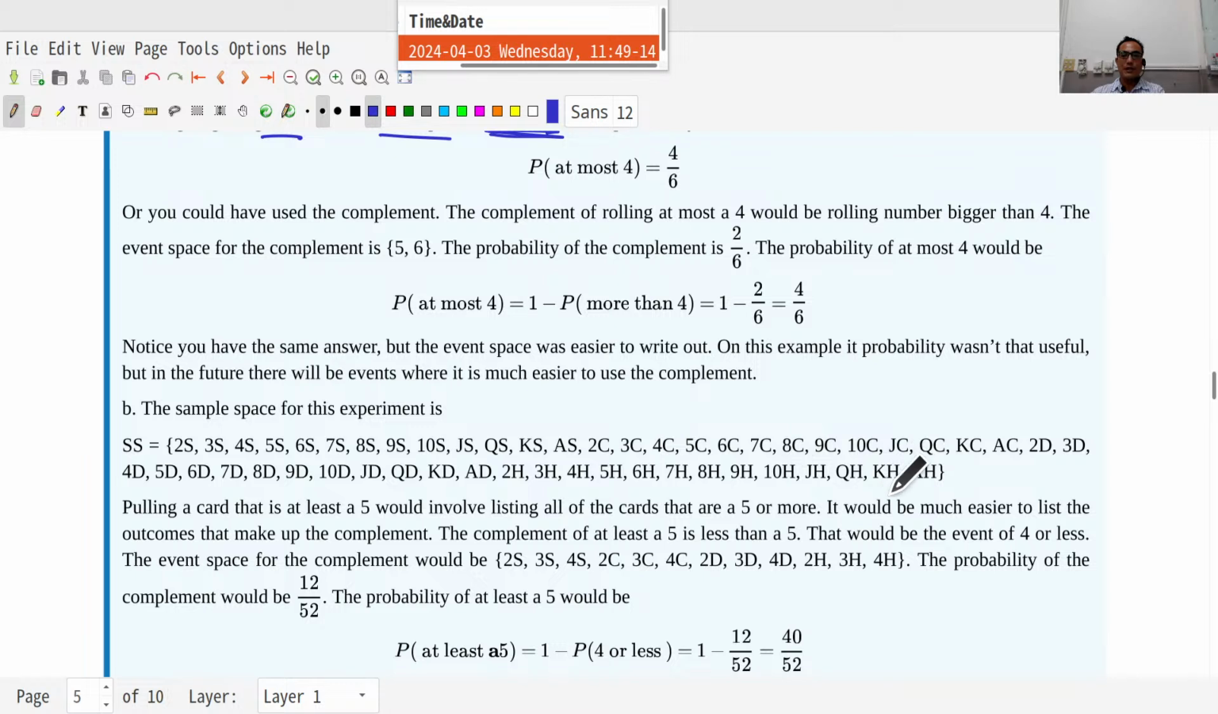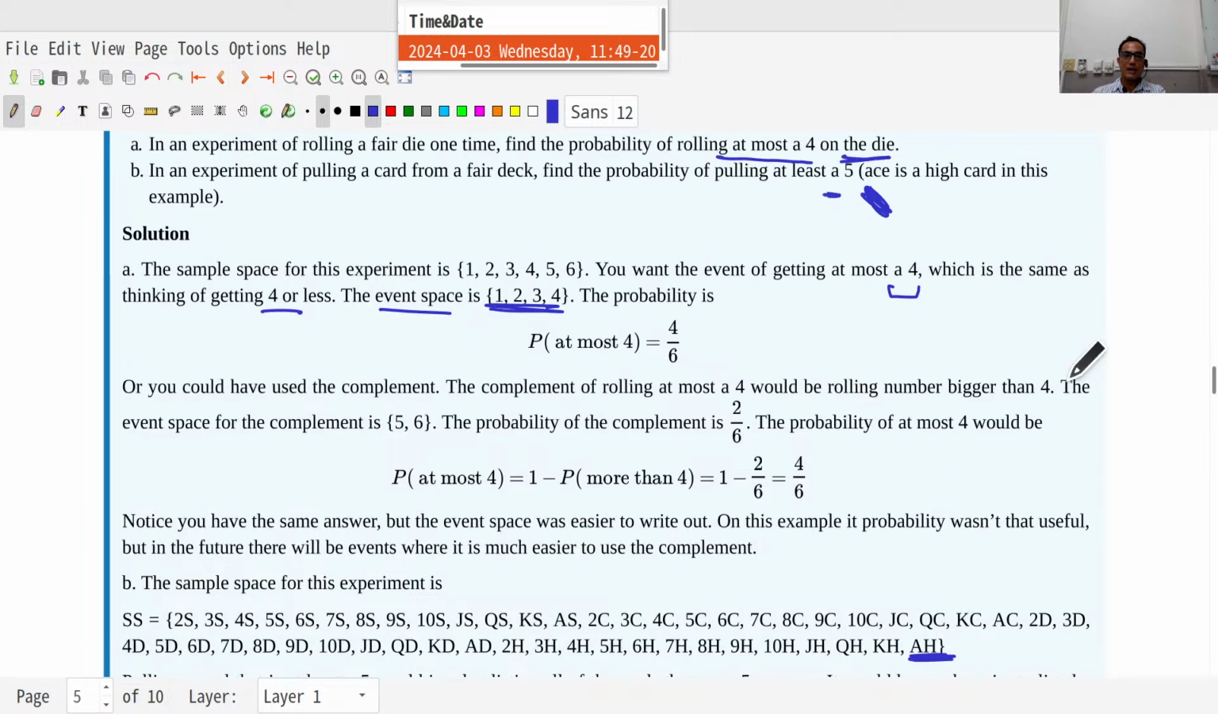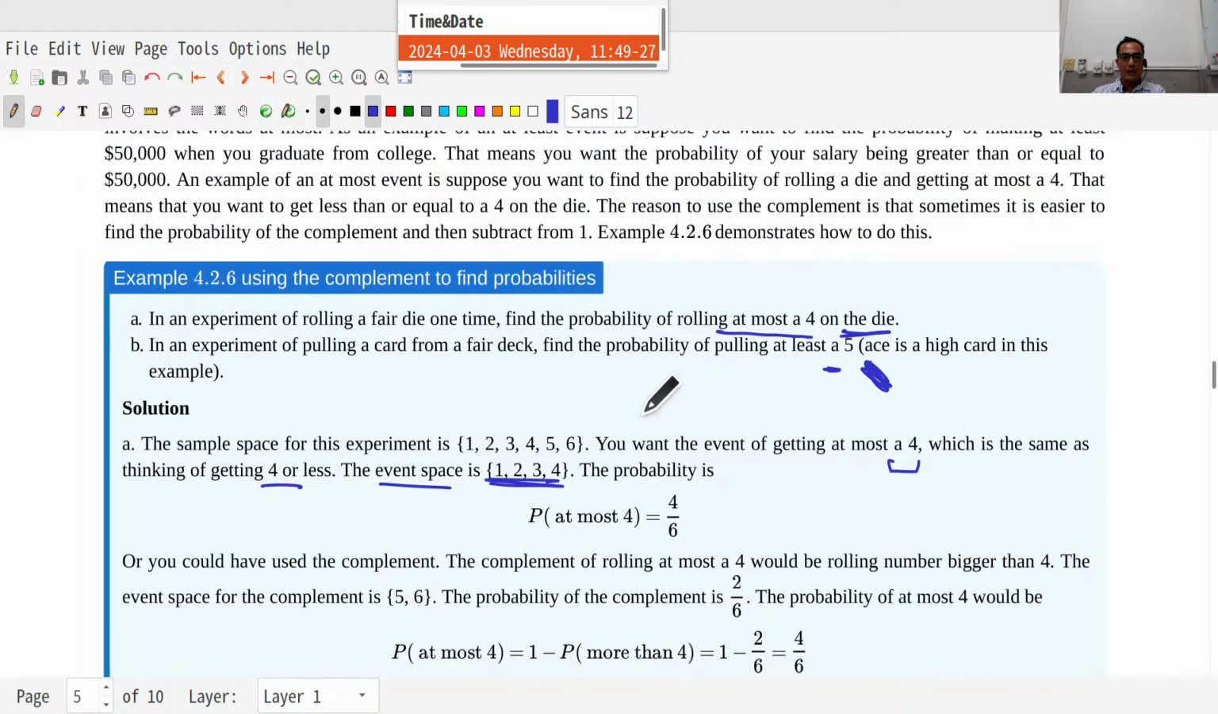There are 52 cards here, and the question is to find the probability of getting a card of at least 5. But the ace is the highest card, so that will be exclusion. Let's use inclusion, not counting it. Thus that will be